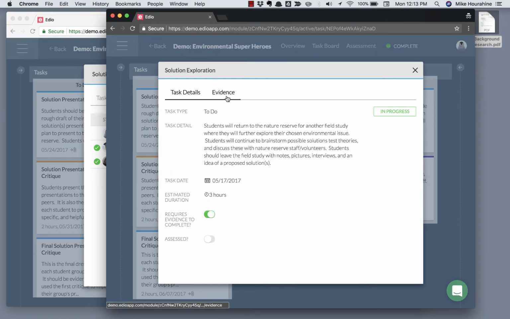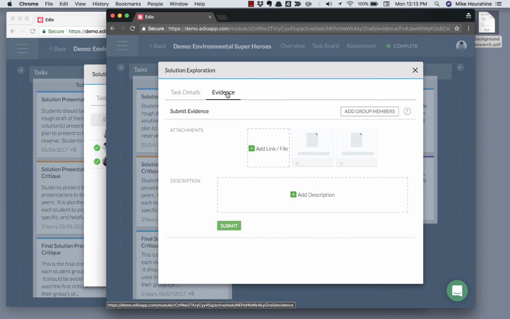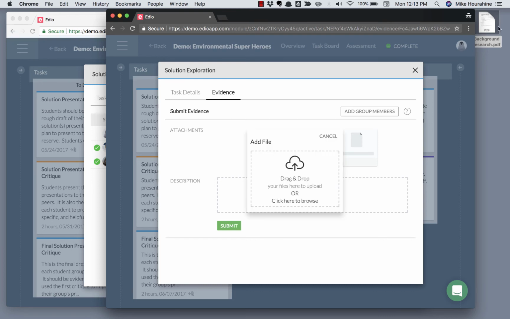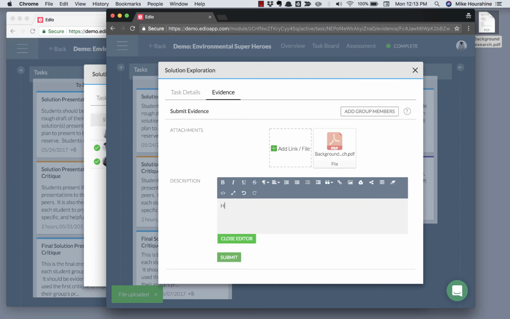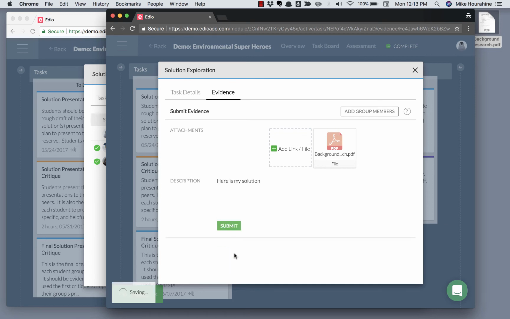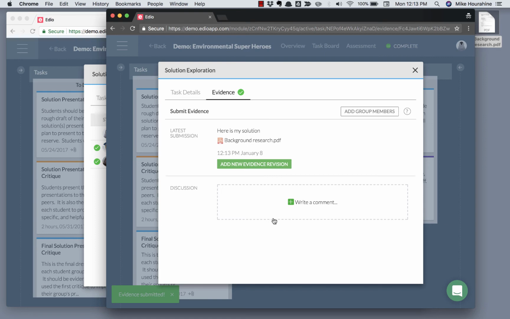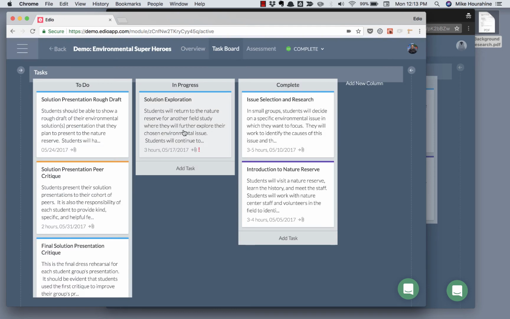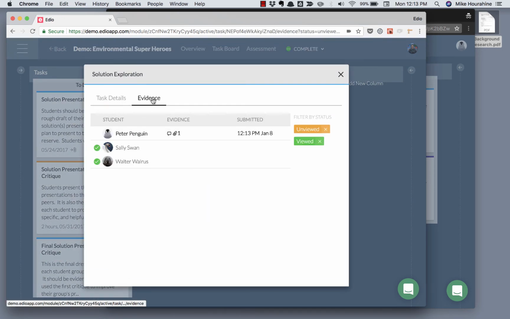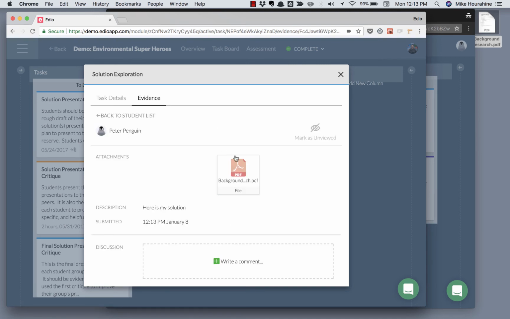Now you'll notice that the student has the evidence tab as well. It looks a little different because they obviously don't see the list of students participating. They just see their own stuff. In this case, I'm going to add that same file as before. Here is my solution. Okay, and I'm going to submit that in. Now if I switch back, I'm just going to refresh that. Okay, so now I can see that evidence submitted by Peter Penguin,